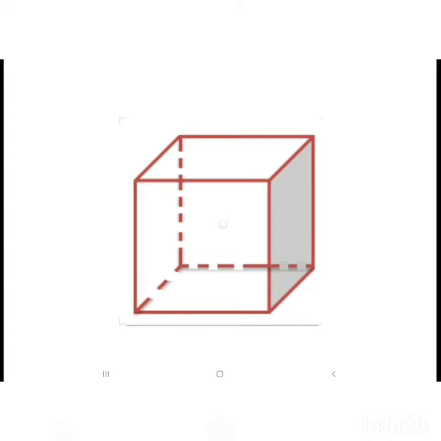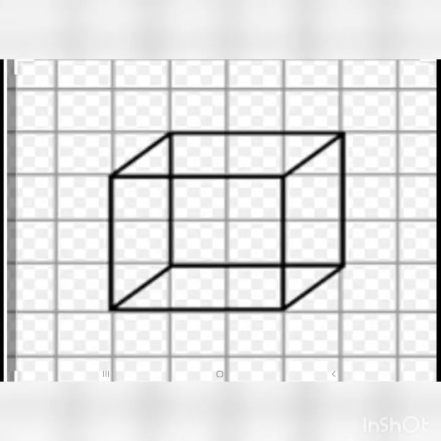Now this can be practiced on a squared paper. If you are taking correct measurements for all sides and practicing on a squared paper, then when you are drawing on a flat surface also, it will look like a what? Cube. So when we draw a cube on a squared paper, all the sides will be equal, isn't it? So it exactly looks like a cube. Now if we draw with these measurements on a flat surface, it will also be a cube itself. So this type of sketch is known as an oblique sketch.